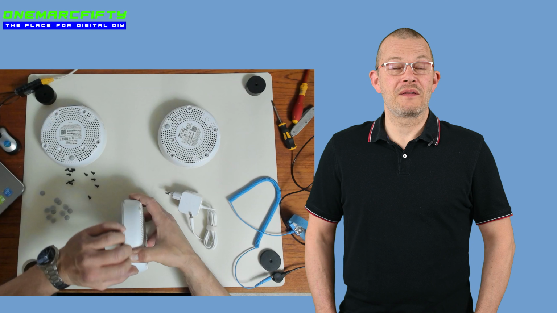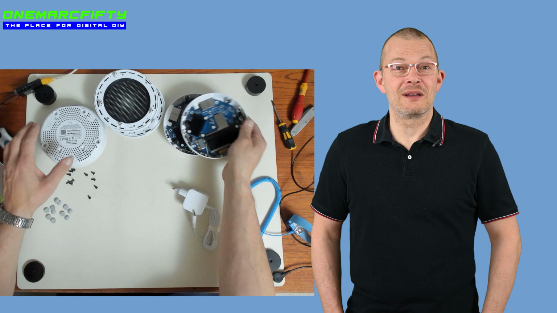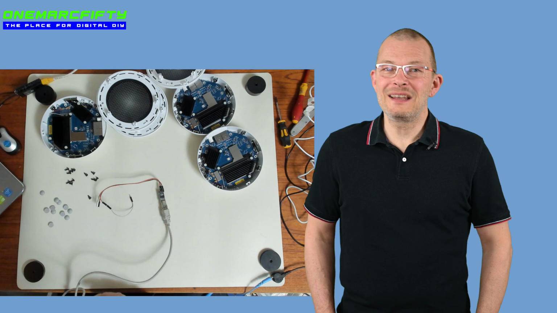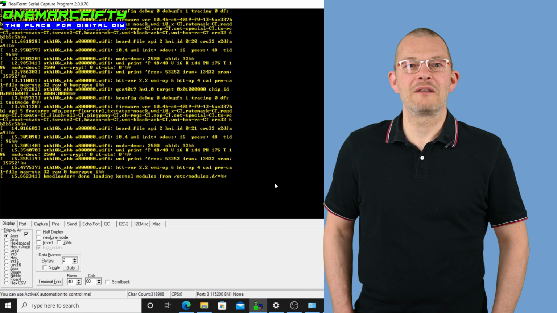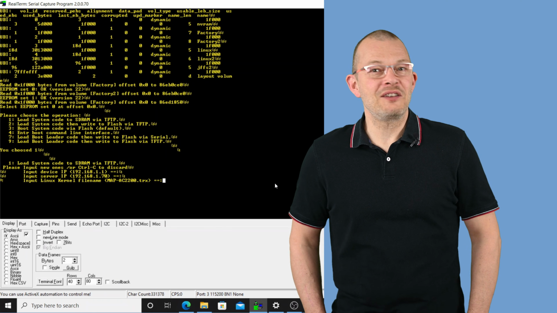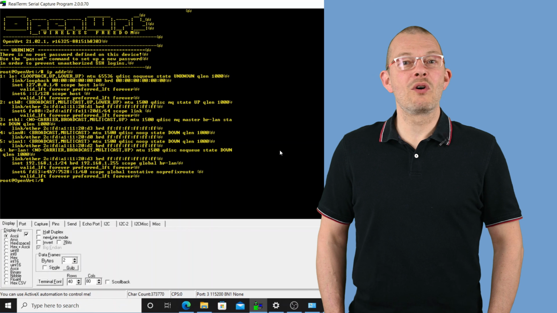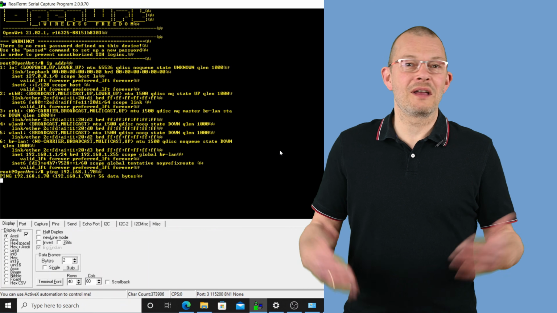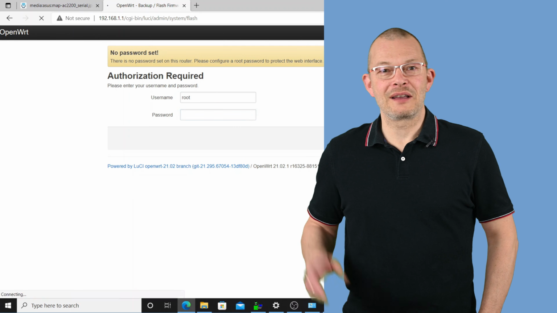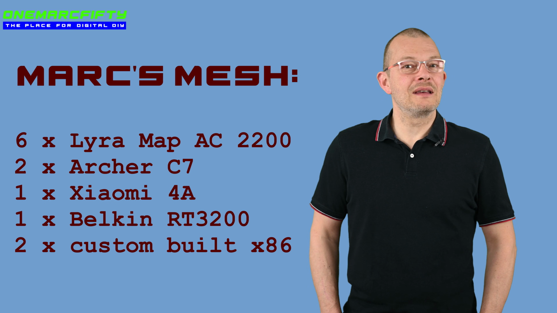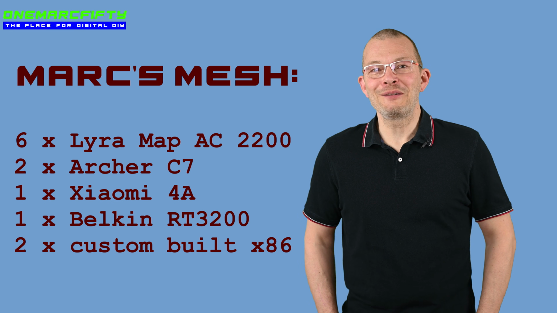Great Wave 2 Wi-Fi 5 devices with 3 radios inside. Multi-user MIMO, mesh and everything. Difficult to get, however. They are end of life from a sales perspective. I flashed them with OpenWrt and built a Wi-Fi mesh along with some more Wi-Fi access points that would otherwise collect dust in a box, like 2 of these RJC7s, a Xiaomi Mi router, a Belkin RT3200 and some custom